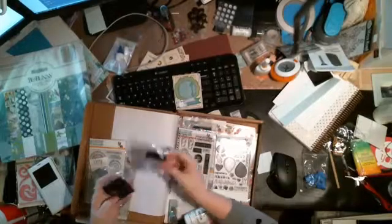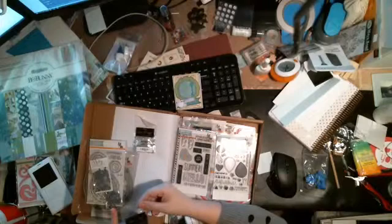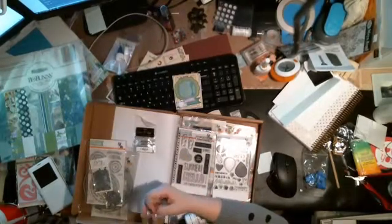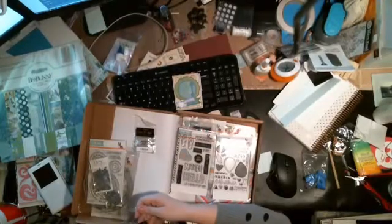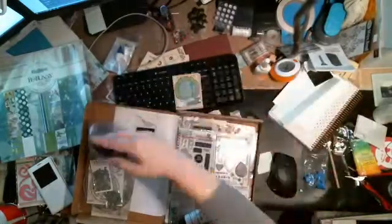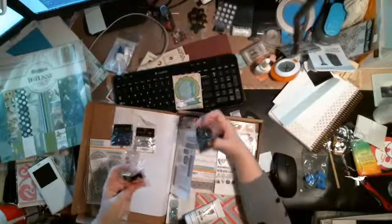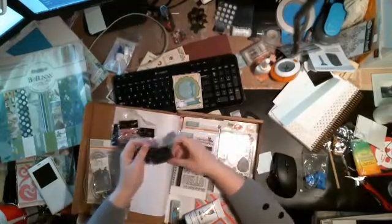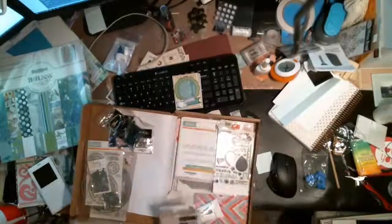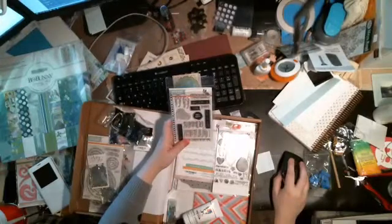I have moonshine, dark something, really pretty purple, and I got medium pink. I have wild peacock and black glossy, and then in one stamp set